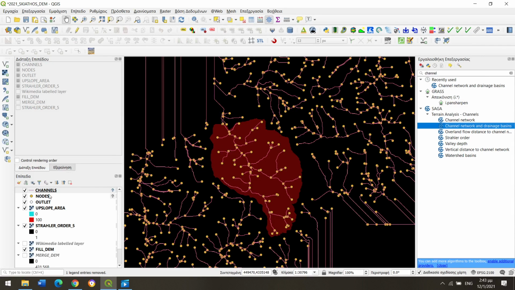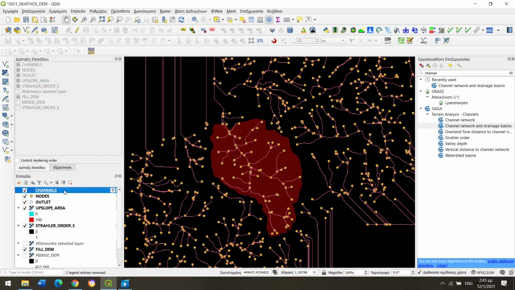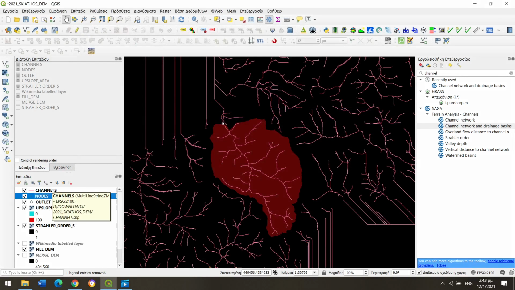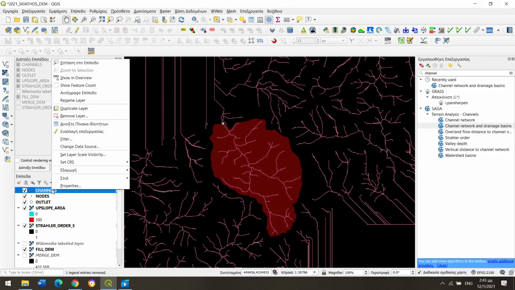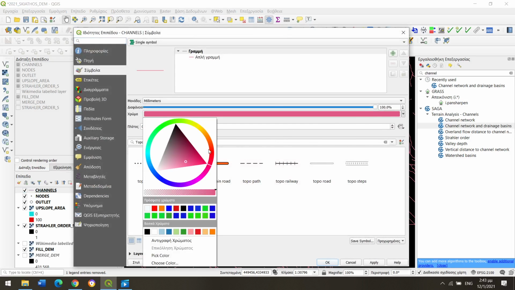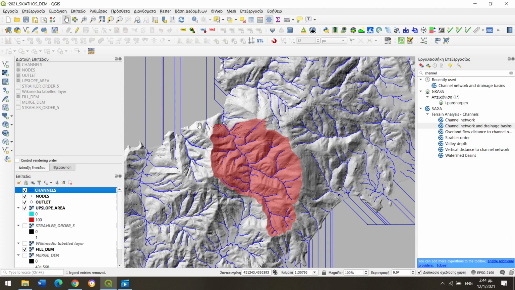So channels and junctions. Proper HEC-RAS for both layers. Smaller junction symbols. Blue color for channels. And we can now